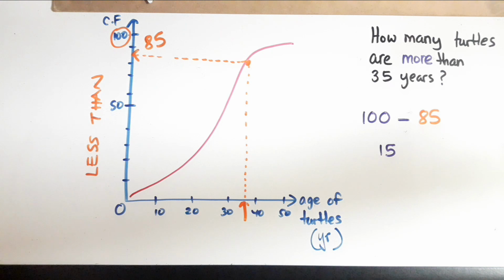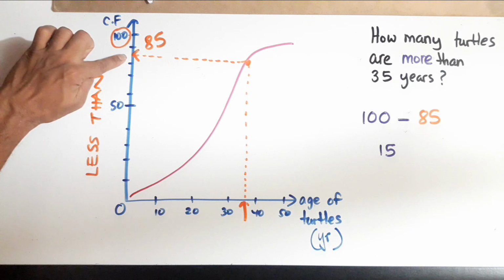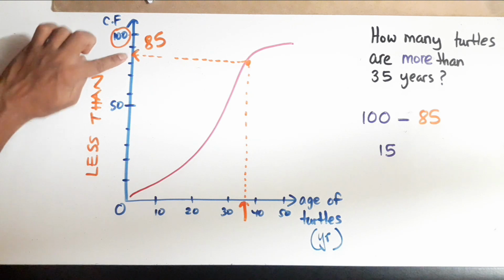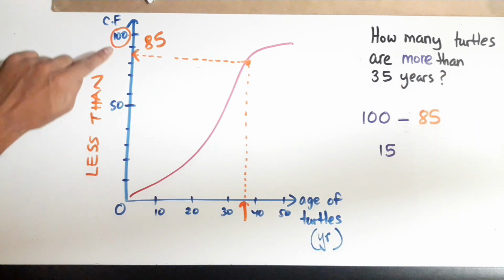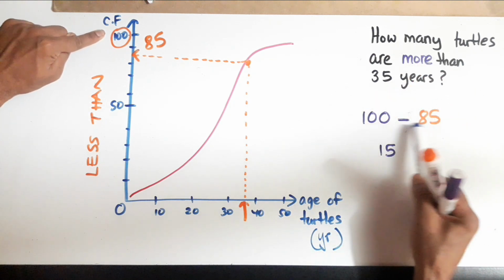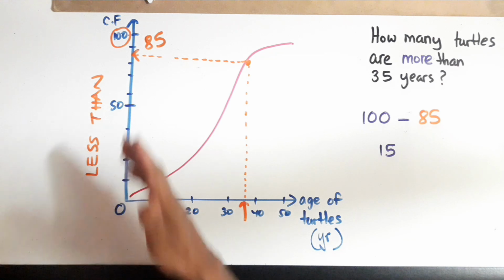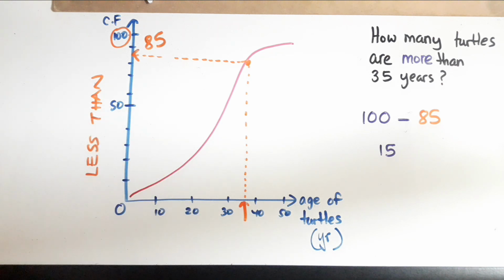There's an easy way to remember it. When it comes to cumulative frequency, for less than, you read the value of the y-axis and you take it as it is. So for less than, you have to do less work. When it's more than, you have to take the answer you get and minus it from the total. So for more than, you have to do more working. You have to do one extra step. So I hope that helps you remember how to handle more than and less than on cumulative frequency graphs. Common trick in the exam, guys. I'm telling you.